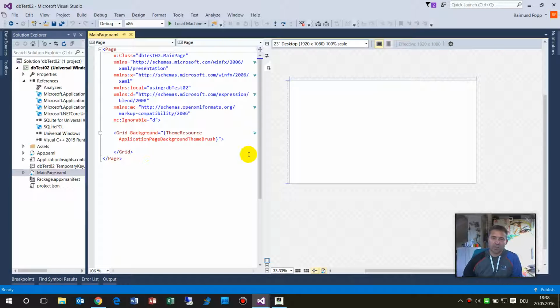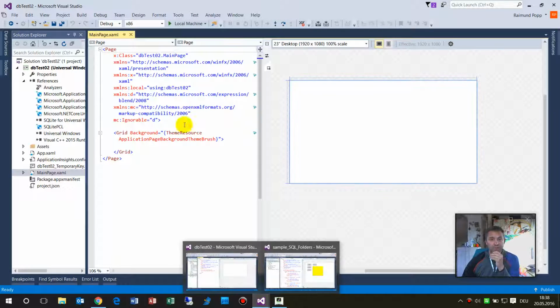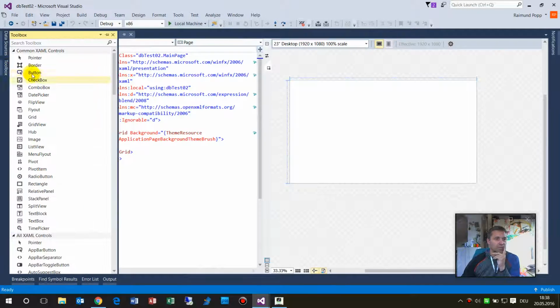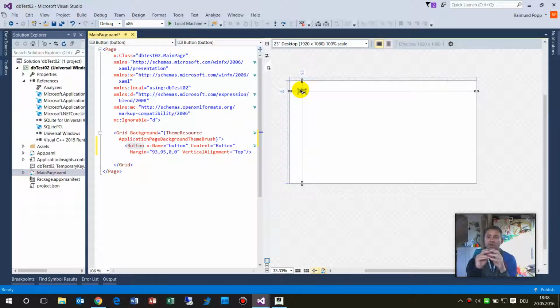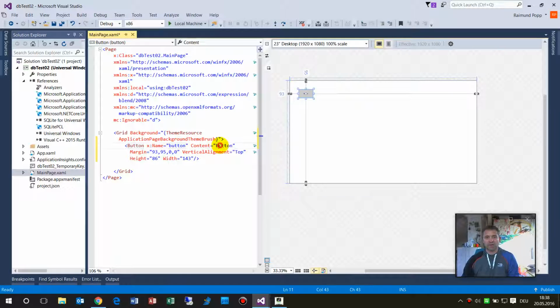Now what we do is, in this example I'm loading the folders from my library, and for this I need a button. So we take the toolbox and then we take a button, and I want to read all folders and read it into the SQLite database, and then show it on a list. So you see the function of the database. So we have here this button, and in the button I say, okay, this is read this,